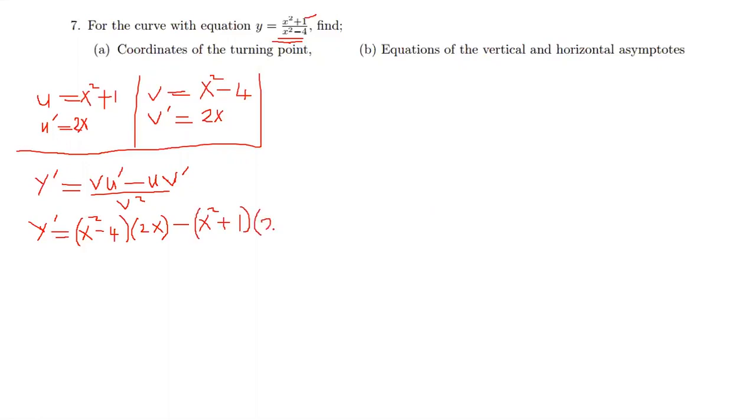Then you write your 2x there. Then you divide everything by v squared. So v squared is just x squared minus 4. And then you put it in brackets, and then you square it. So here it's just a matter of simplifying the expression. So this expression can be simplified to,